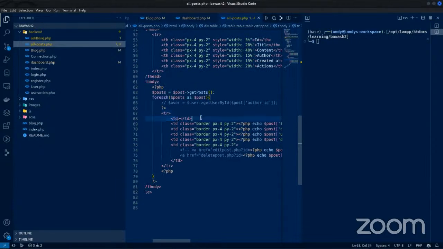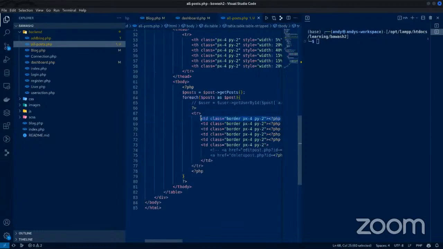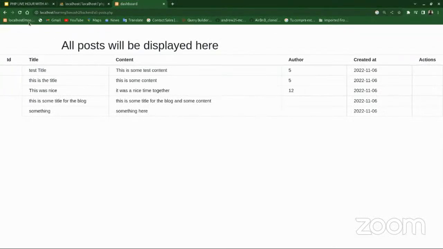So what was wrong with this? Let me see if it was the level of the ID. Okay, it was not at the level of the ID. We have this right now, and you can see that the post IDs are declared. You also have the author ID, right? You have the username, and then we have the